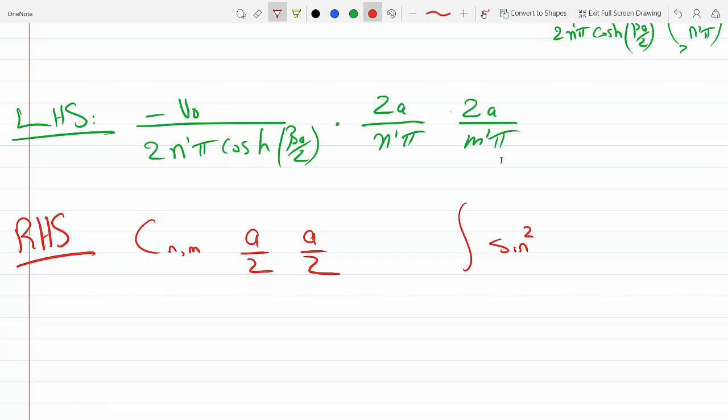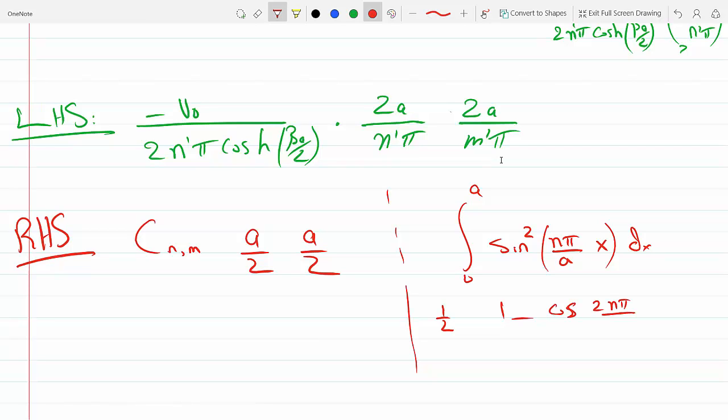Because the right hand side is basically the integral of this, n pi over a x dx from 0 to a. If you really want to see it, you could use the half trig identity, 1 minus cosine of twice that, 2n pi over a x